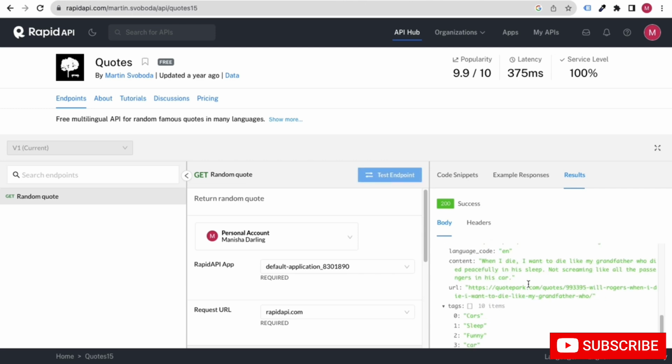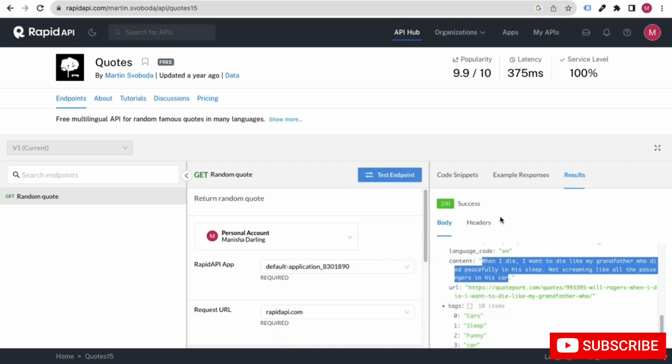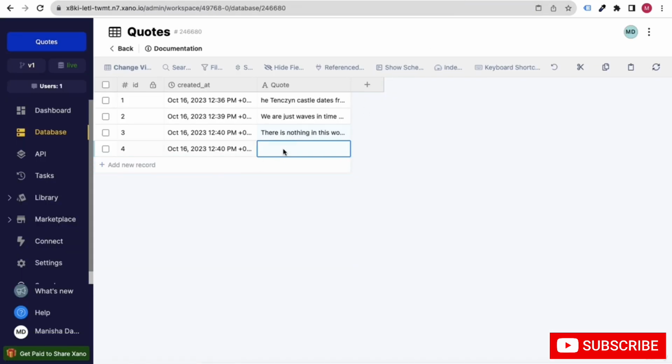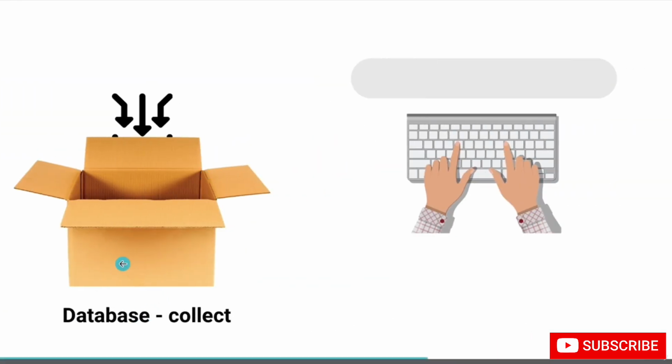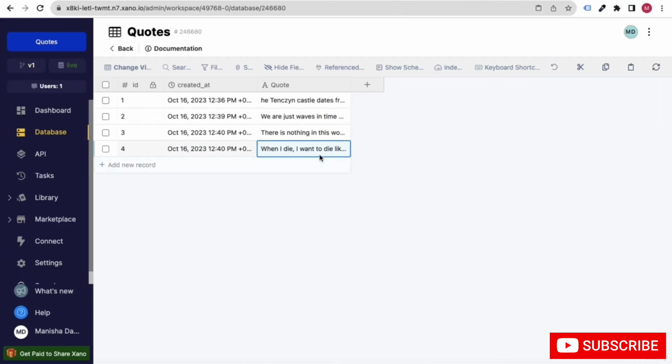So now what we are doing, see, this is the data. These are all the data. Let's say these are some codes which I am taking. Similarly, you can take it from Google or anywhere else. No problem, you are just collecting data. That means this is the database. It's like a box, and inside this box you are just collecting data. So we are putting codes.